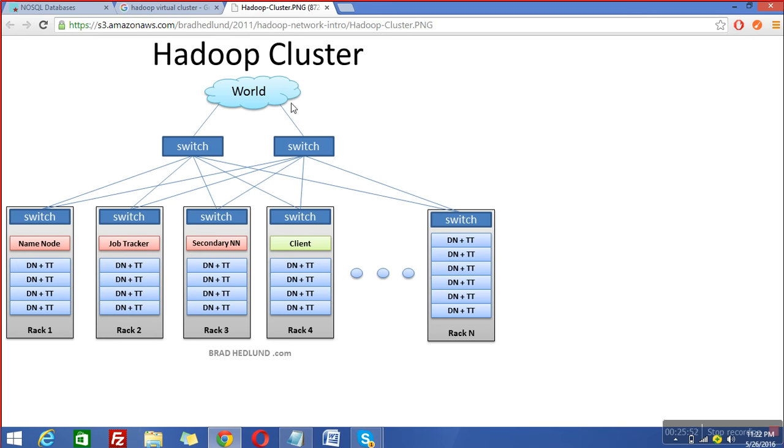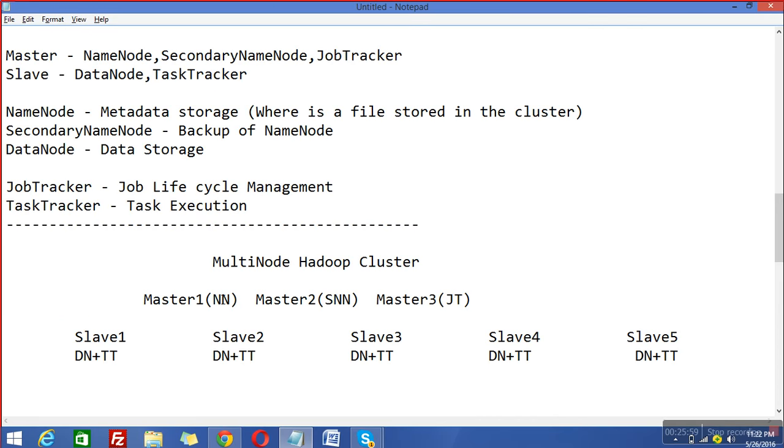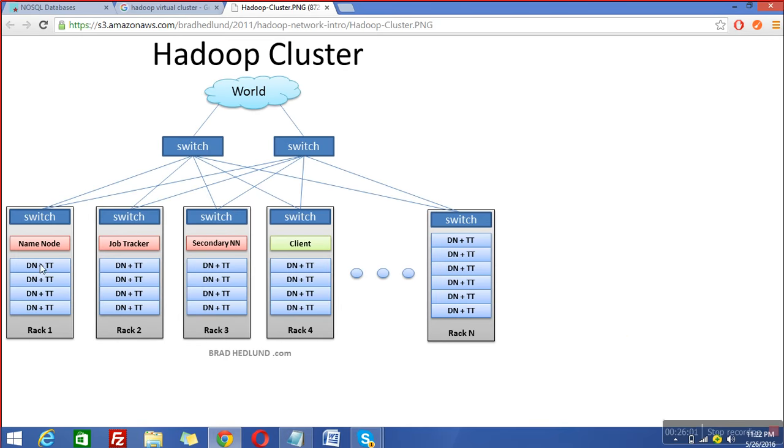Just like it's a multi-node Hadoop cluster, there is a master for name node, there is a master for job tracker, and there is a master for secondary name node. These three. And in each slave machine there is DN plus TT, meaning data node plus task tracker. And we can club multiple machines within a rack. So basically a Hadoop cluster is a collection of racks, and each rack is a collection of nodes. It's a multi-node Hadoop cluster. There is a Hadoop cluster. In the cluster there are multiple racks, and in each rack there can be either masters or slaves. That's it.